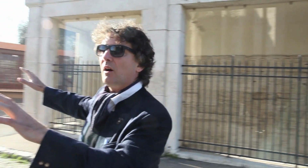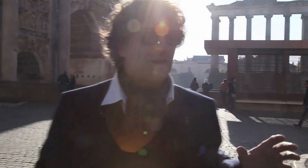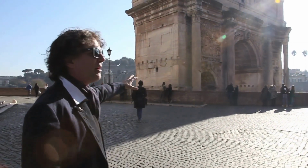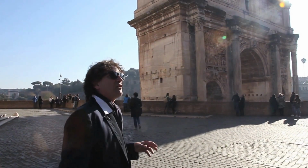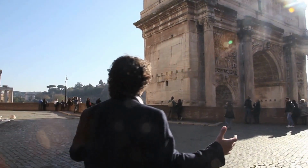We are in the Roman Forum. This is the heart of Roman life. This is the heart of the Republic. Behind me is the Arch of Septimius Severus of the Severan dynasty, a triumphal arch commemorating his victories. So, as we walk over here,